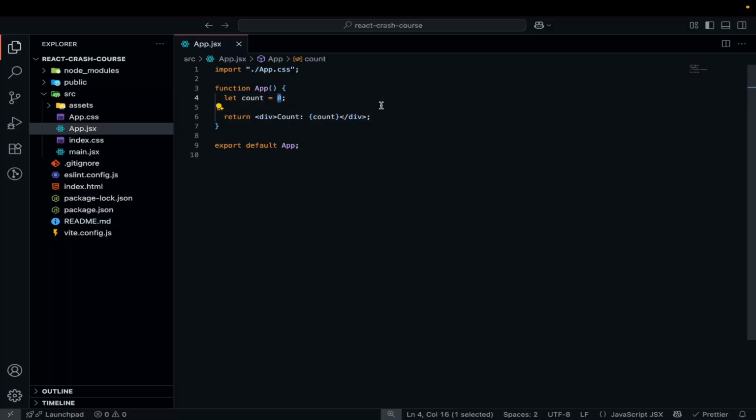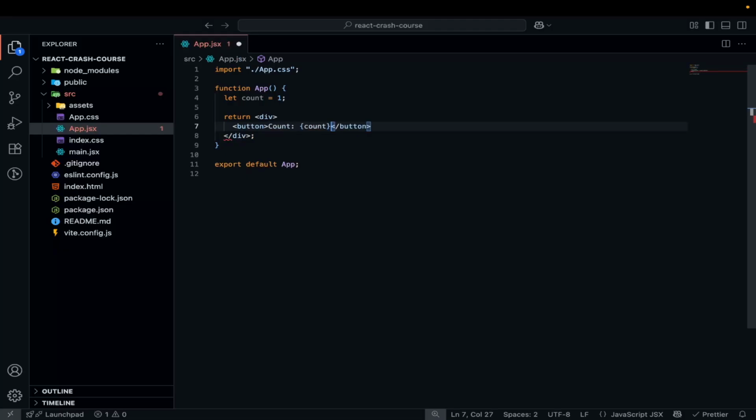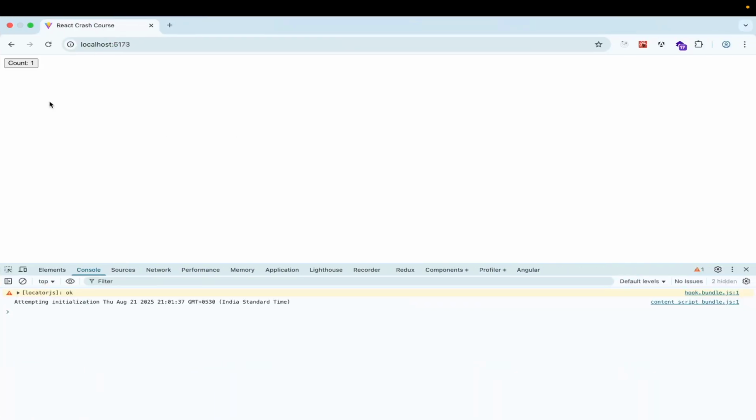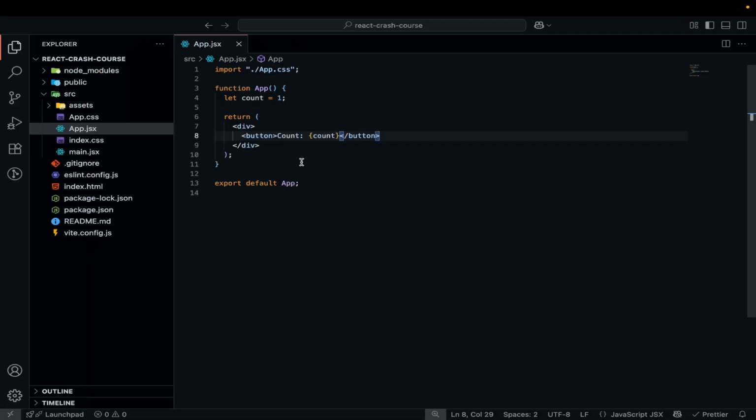So I will make this count 1. I will wrap this in a button element. So you can see we have this button and the value is 1. Okay, if I click this button, nothing changes. Now what we have to do, clicking this button should update the count value to 2, 3, 4, 5 and